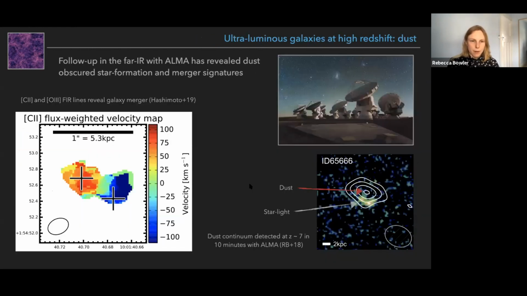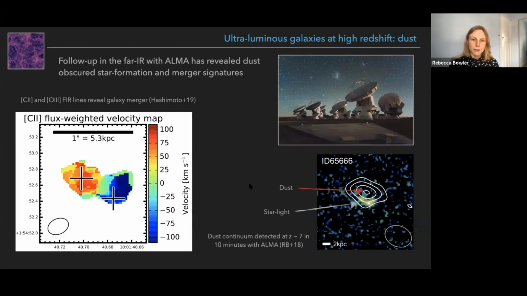So I'm just going to skip over that. Okay, another thing that you can look at is dust. I really find dust fascinating, particularly when thinking about dust at high redshifts, because we don't know how it forms. Locally, we think dust takes quite a long time to form in the atmospheres of quite evolved stars, so maybe 1 billion years to form. But obviously, when we go back to the first 1 billion years, there's not enough time for dust to form in that particular pathway. So either there's a different pathway or there's no dust.